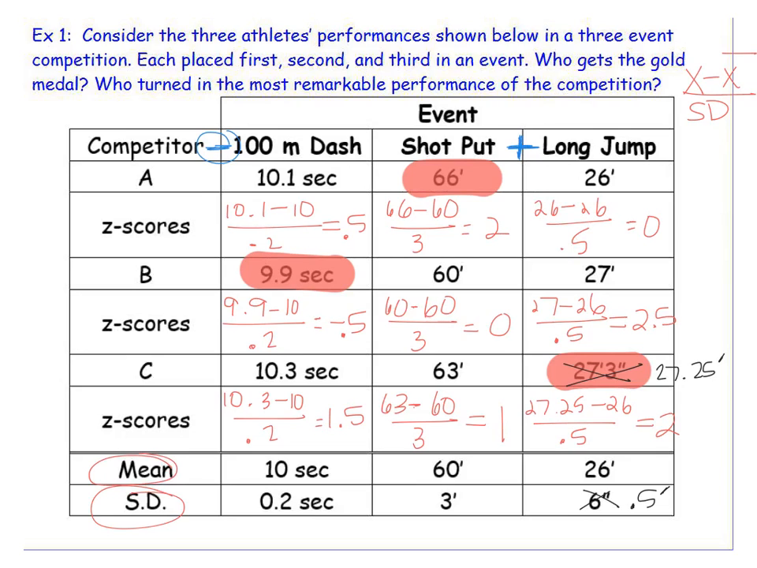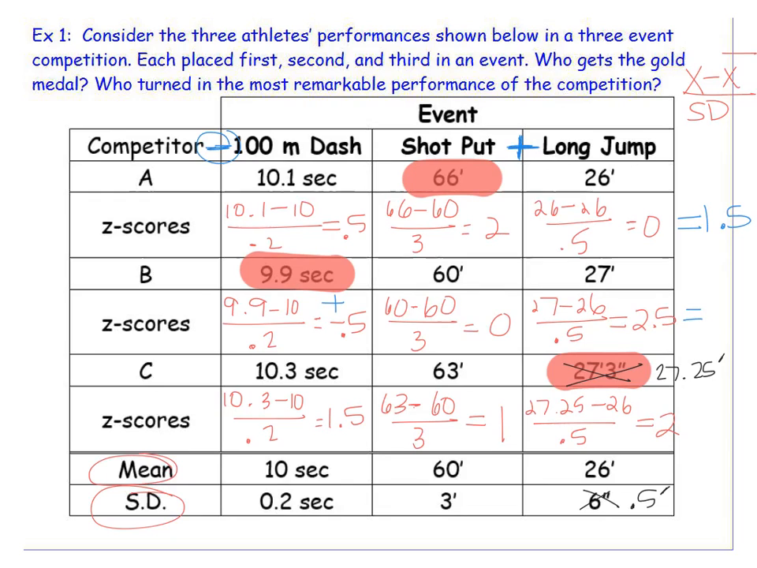So for instance, person A, their positives would be 2 plus 0, which is 2, but we're going to take away 0.5 because they did worse in the 100-meter dash. So 2 take away 0.5 is 1.5. Person B, 0 plus 2.5 is 2.5, but by subtracting a negative, we're really ending up adding 0.5. That helps them, and that gives them,